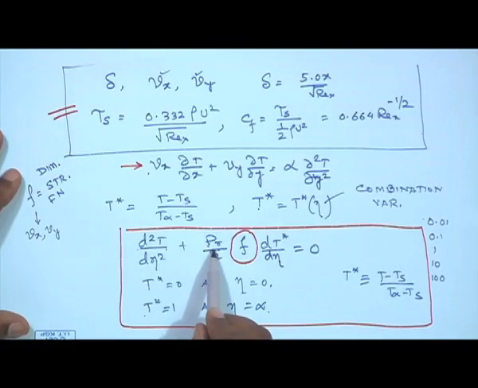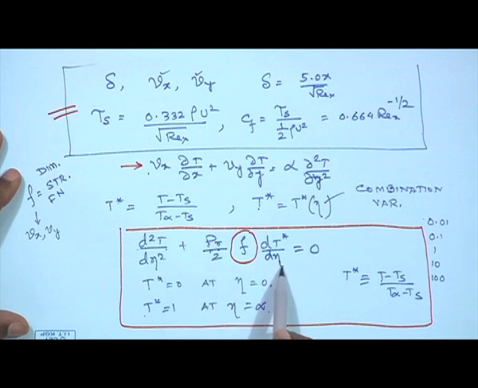The solution methodology is, since f is known to me from the solution of the momentum boundary layer, therefore, if I choose the value of Prandtl number to be something, let us say 1, I get an equation d2T star d eta square plus Prandtl number equals 1, f times dT star d eta is equal to 0. So, what I need to do, I will bring your attention to this equation once again. Prandtl number is 1, so this becomes half.